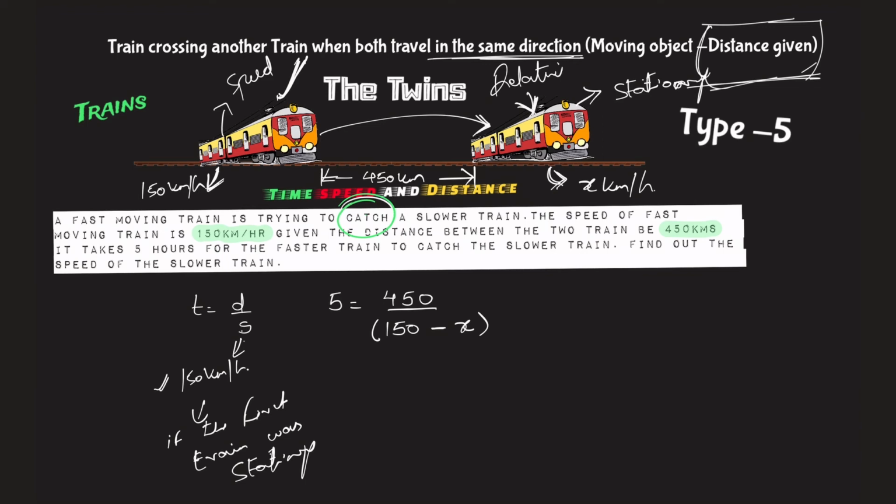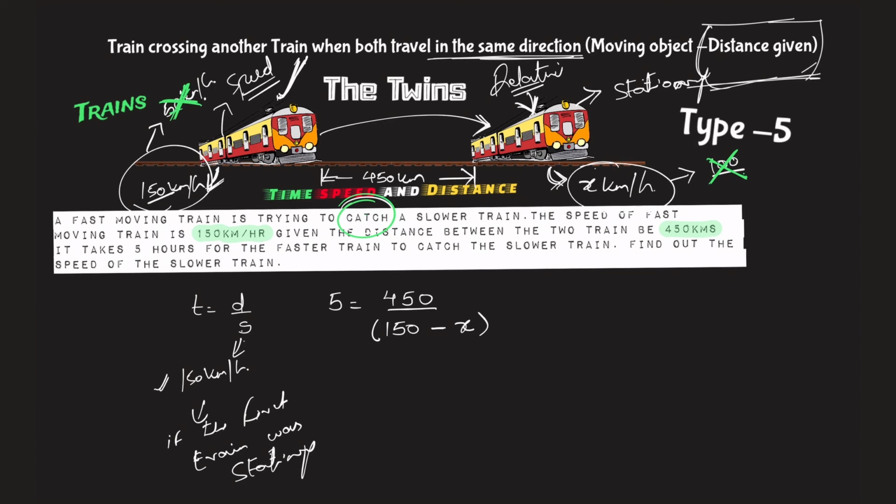Right, and that's why, if this is moving by 150 kilometers in 1 hour, but this is also going ahead by something, then as a resultant, when I relate it with the speed of the other, you will say, okay, if this x is say 100, for example, it will move 150 minus 100, a resultant of only 50. Okay, that's just an example to let you understand. I hope you get the point of why I subtract the speed. This is actually not 100, so this is actually not 50. This is just an example to let you know that if this was the case, this would have happened.